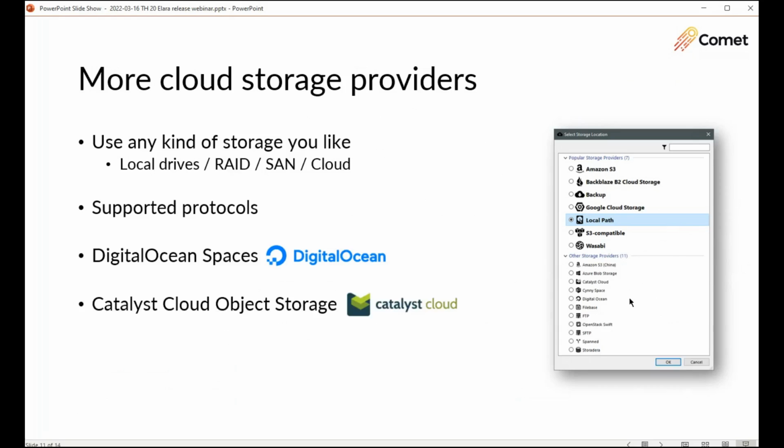We've also added Catalyst Cloud Object Storage. So this is S3 compatible from Catalyst in New Zealand. That's 32 New Zealand dollars for a single availability zone with triple replication,